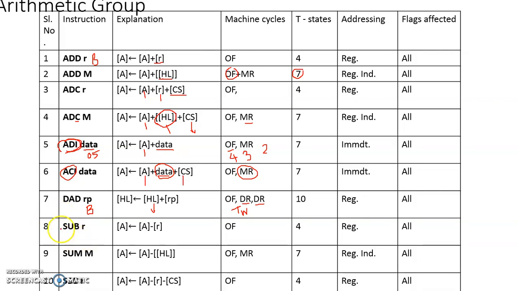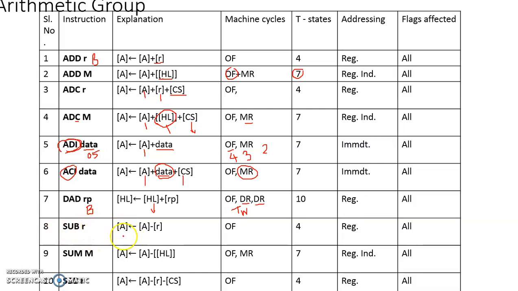Now we will move on to subtraction instructions. All these are similar to addition instructions. Just you will have to replace this plus sign by a minus sign. In this case, both these plus signs need to be replaced by minus signs. Now we'll move on to the basic subtraction instruction. First of all, SUB R. This can be SUB A, SUB B, SUB C, SUB D, etc. This R corresponds to the symbol of any general purpose register, including the accumulator.